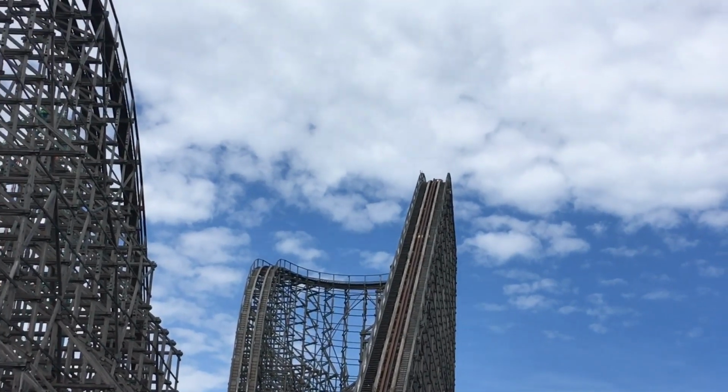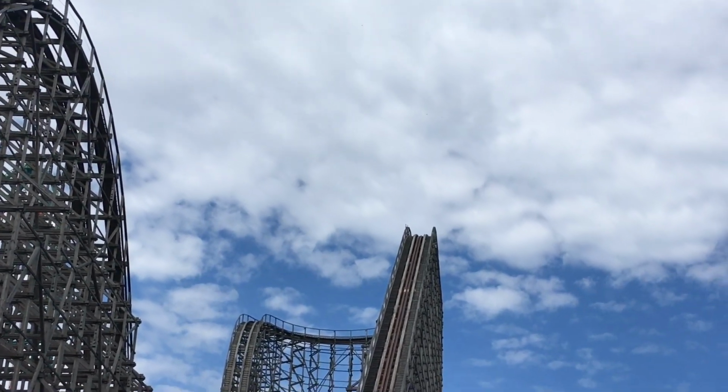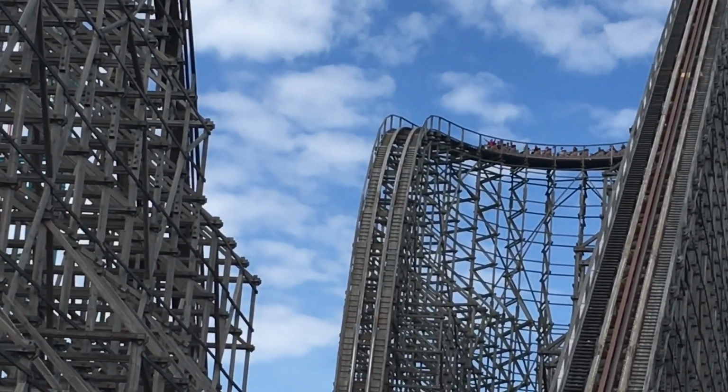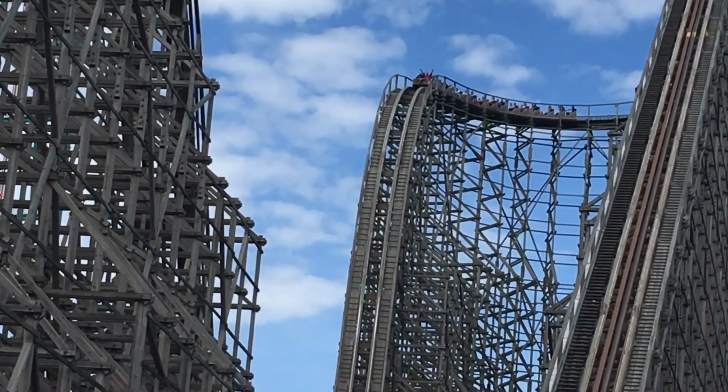However, there's one coaster that I prefer over this. Let's travel down to Kings Dominion in Doswell, Virginia for the most intense coaster ever to exist. And that coaster is...